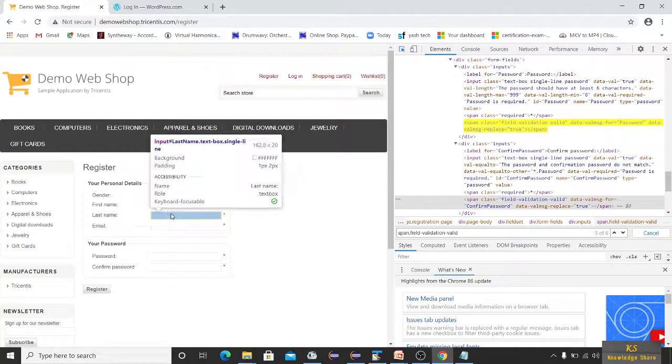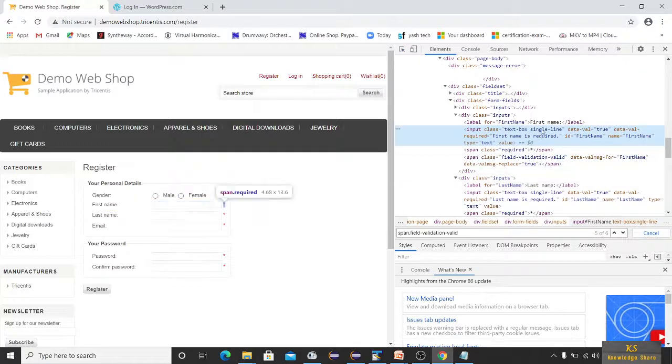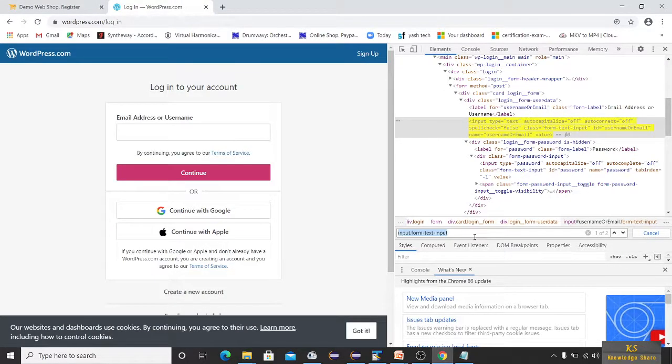Or let's try one more possibility of using this class name in single quotes or double quotes. This is input, right? Okay, no, you should not have spaces, but I'll give you one example which we use here.